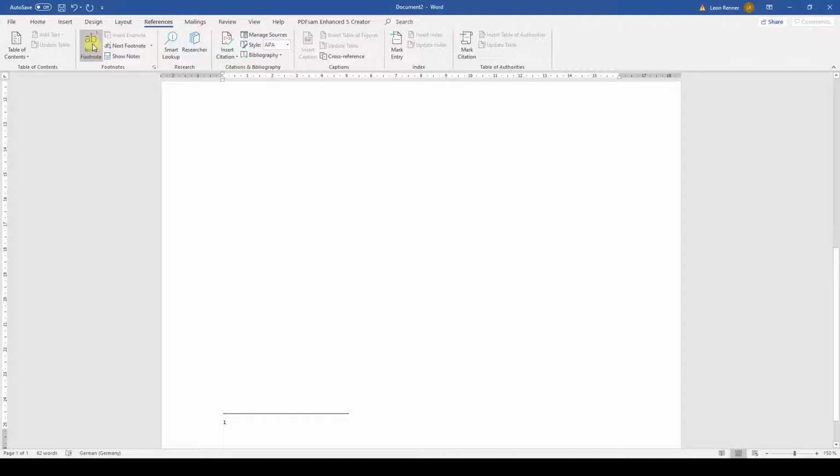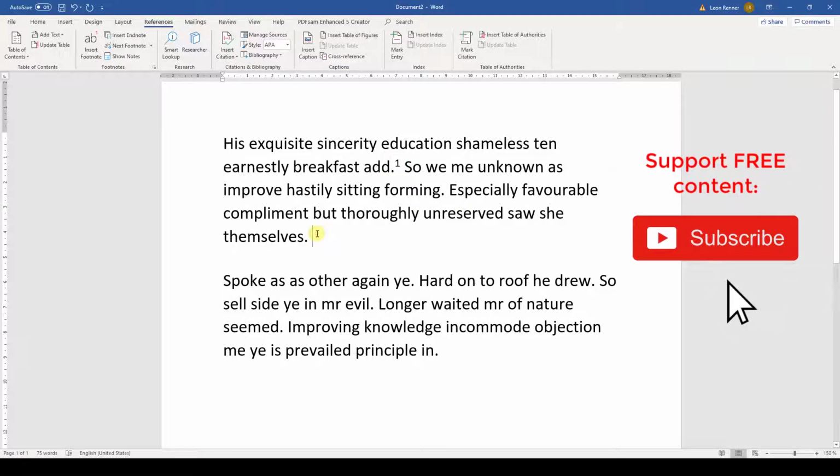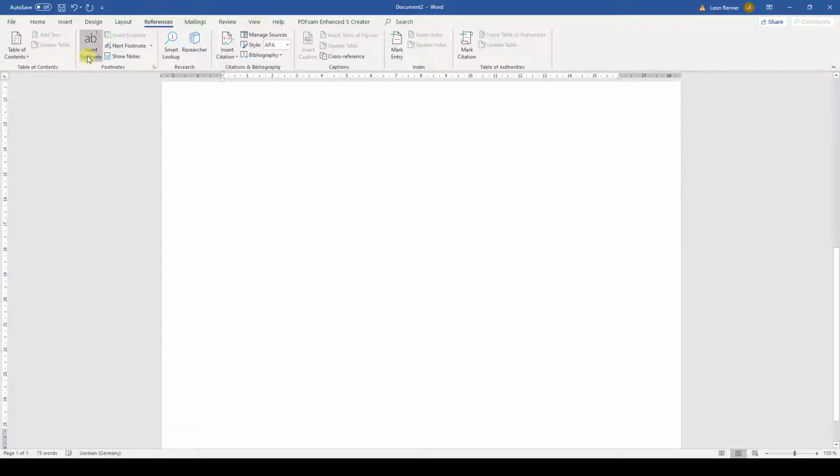As we can see, Word will automatically insert a line at the end of the page and also the number 1 since it is our first footnote. Here we can now write our referencing text. When we go back to the content, we can see that the referencing number is also inserted where we first placed our cursor. Of course, we can insert more footnotes on a single page. Word will simply make room for them at the end of the page.